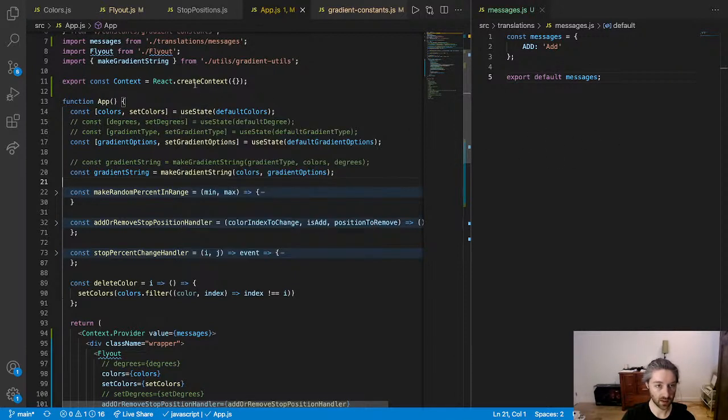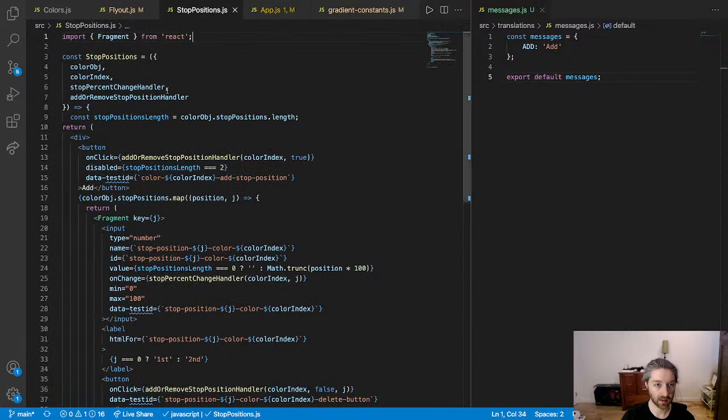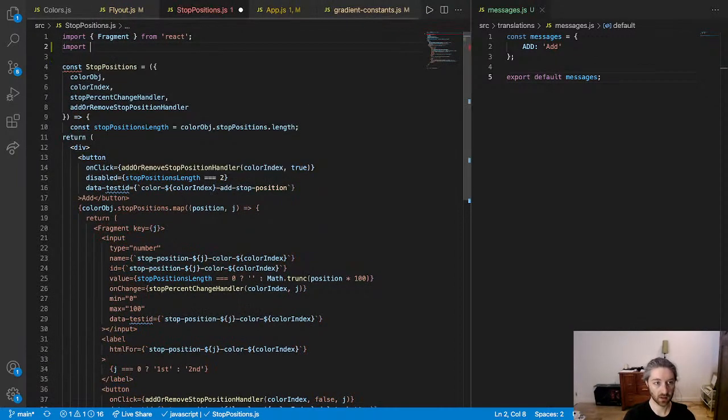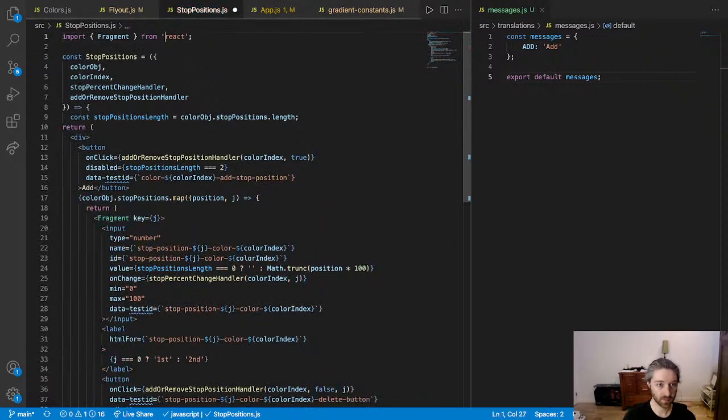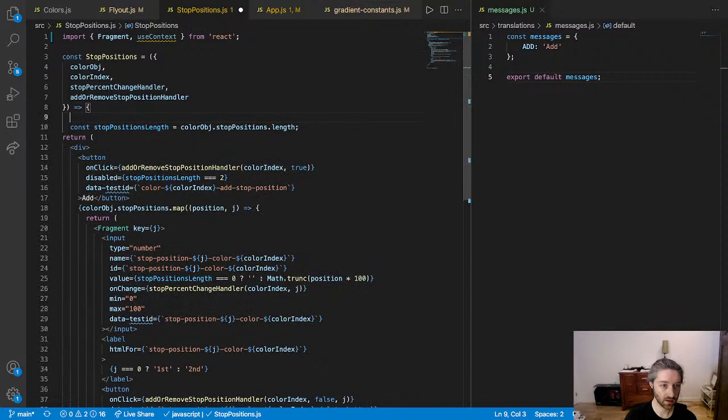So now what's the one that needed add? Is that stop position? So this would be use context, and then here,